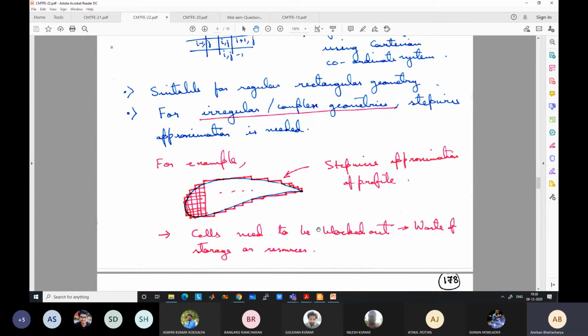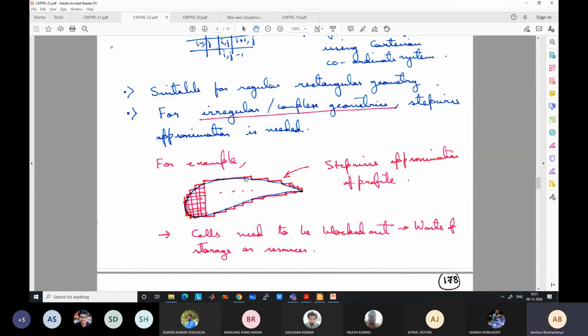Okay, outside also you will have grids, so you will have an entire square domain, and it will have rectangles. You cannot have half rectangles. So either the full rectangles you will consider as aerofoil, or it is outside the aerofoil. So the aerofoil will look like something like this red line instead of the blue line. Okay, a stepwise approximation of the profile will be there. And can you say what is the problem with the stepwise profile? Accuracy will be reduced, but why is accuracy reduced? For what is the accuracy reduced?